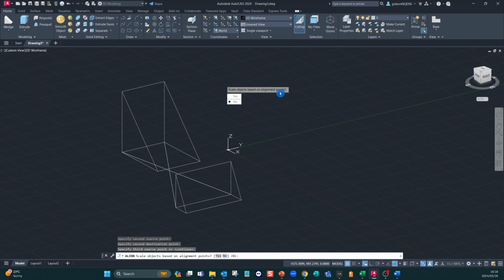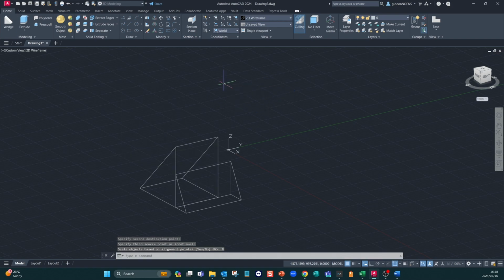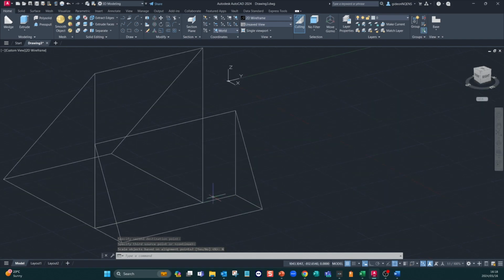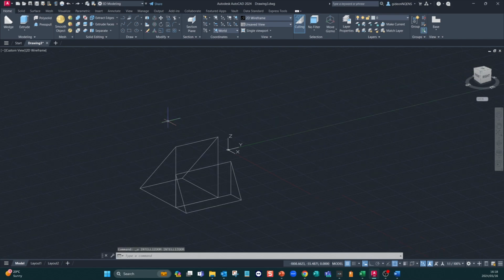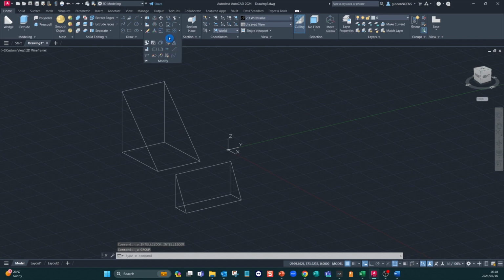Now it's going to ask me, do I want to scale the objects? If I choose no, you'll notice that there's still a gap in between. So it's keeping the original sizes of the two wedges. If I press Ctrl Z, just to undo it, just want to show you guys what the difference is between